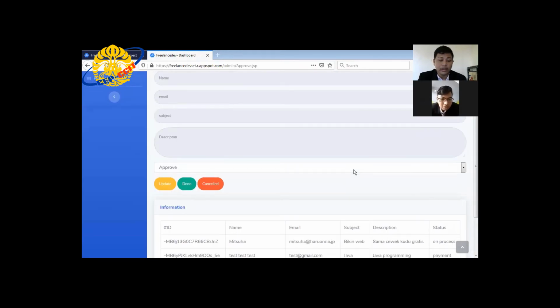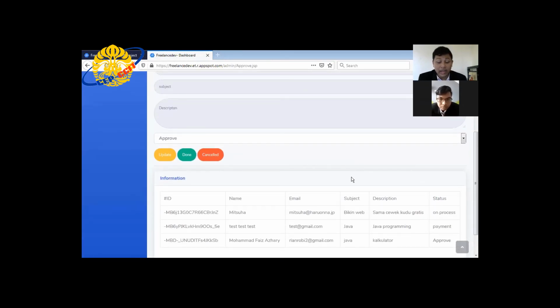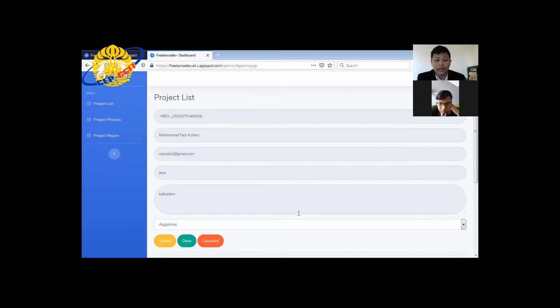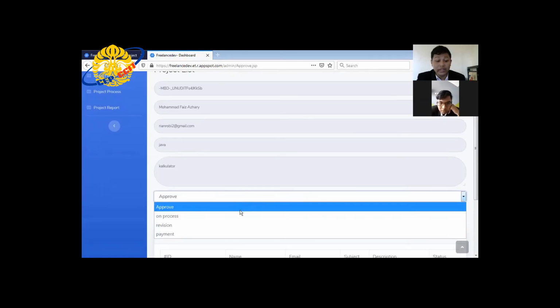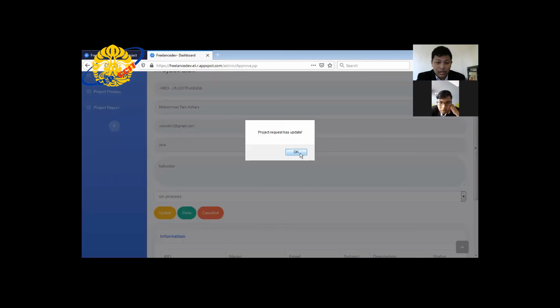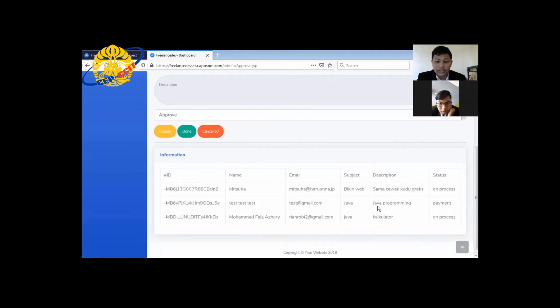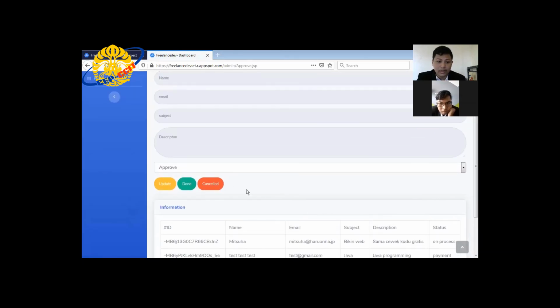In this project list, the projects that we approved before are displayed on this page and have the status approved. If we update the status to process, the status will be updated.